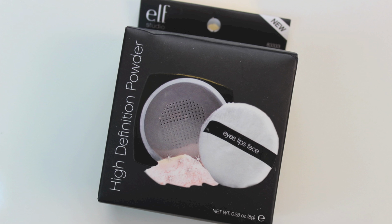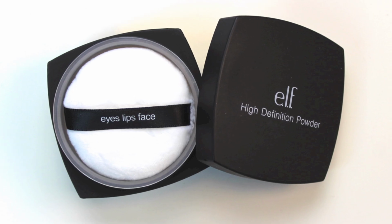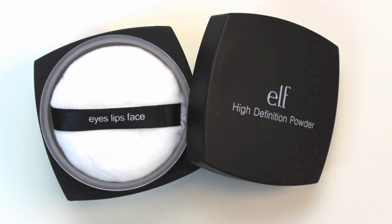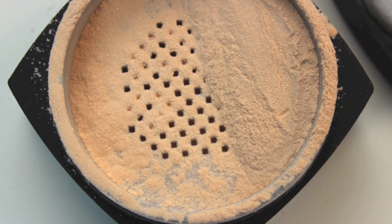Up next is the High Def Powder, and I was excited to try this because this is something that a lot of people mention as being a dupe or something to replace the Makeup Forever HD powder or other high-end or hyped up setting powders out there. This is in the shade Shimmer. I need to look and see if there are other finishes though, because I was kind of